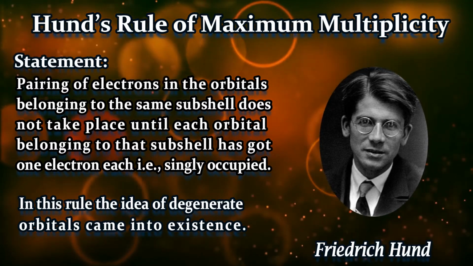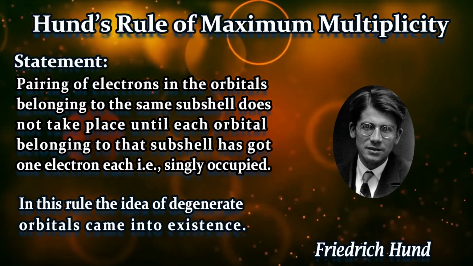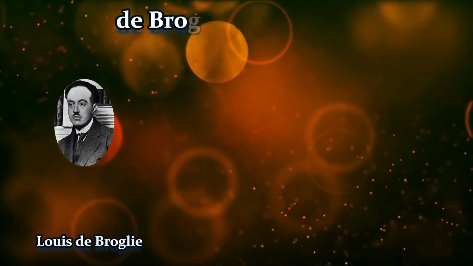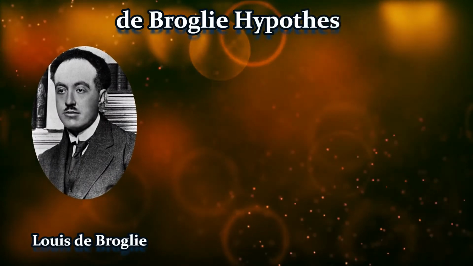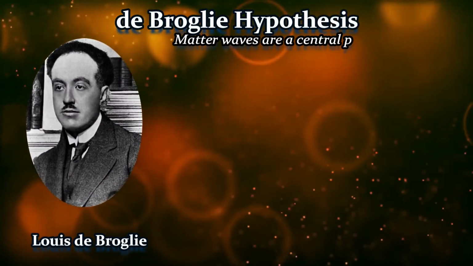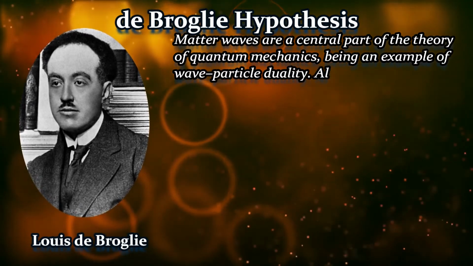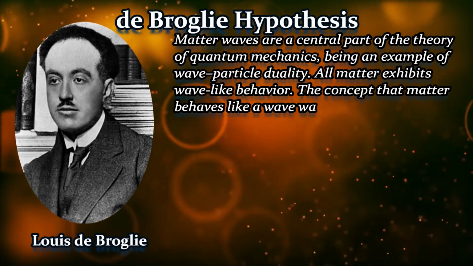So these 3 are the rules, and according to these 3 rules we can go for the electronic configuration of elements. Now you know the details of electronic configuration, so I am not going into the details, and there is a diagram for the above rule which you have seen, right? It explains Hund's rule, and the Pauli exclusion principle we have also discussed here briefly. Now next we have the de Broglie equation and Heisenberg's uncertainty principle, right?